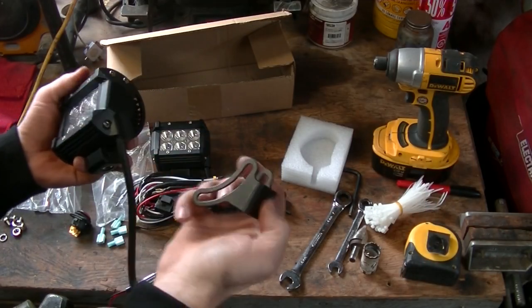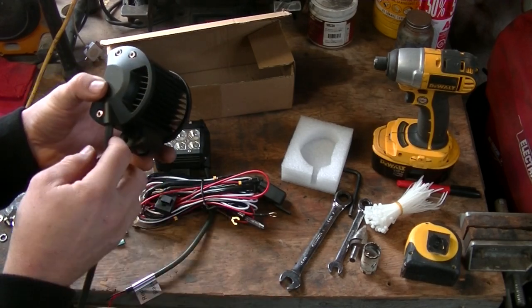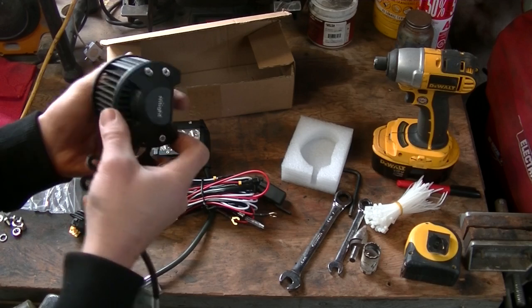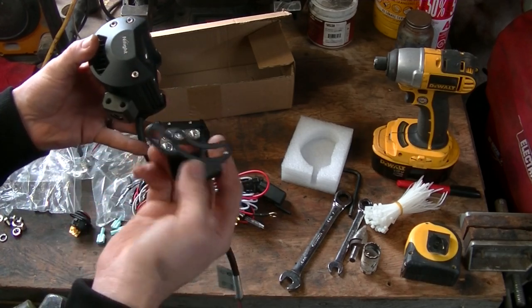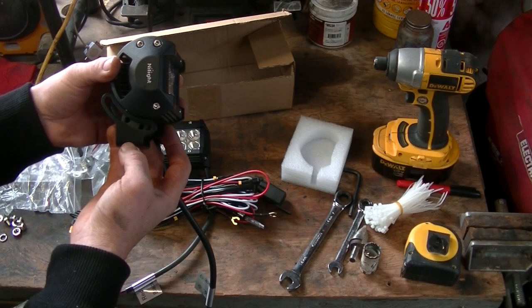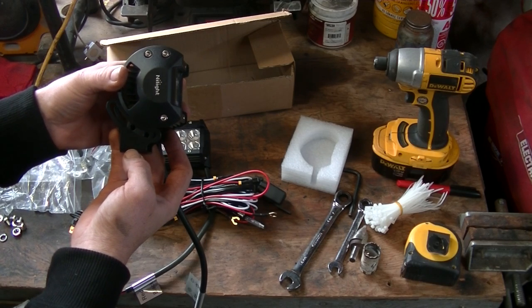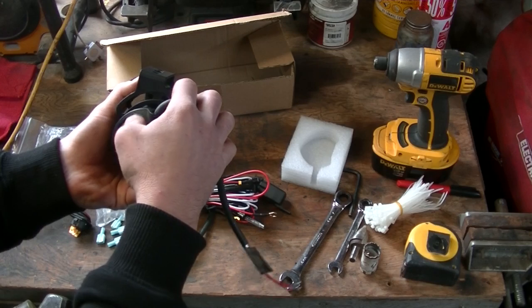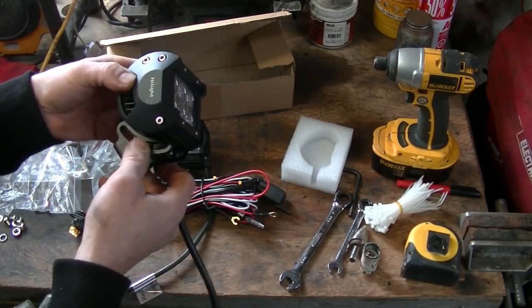Alright, so here's the unit, here's its mounting bracket, and without putting the bolts in it just yet, I'm going to get you to have a look at this. In fact, I'll orient it this way so the wire's not in the way. So here we have the mounting bracket that bolts to the light like this, and you can see it would bolt very nicely to a horizontal surface, either below it or above it, and that's fantastic. You can hang it upside down. If you orient the bracket this way,